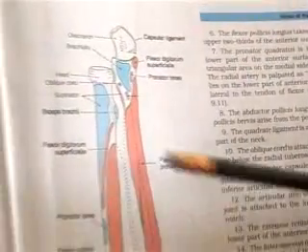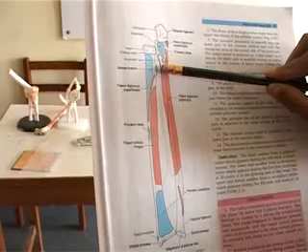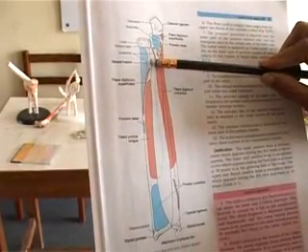This shows the attachment of the muscles on the radius and ulna. The posteriorly on the radial tuberosity is